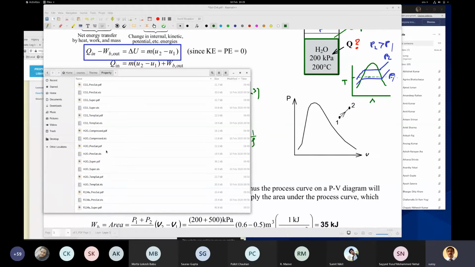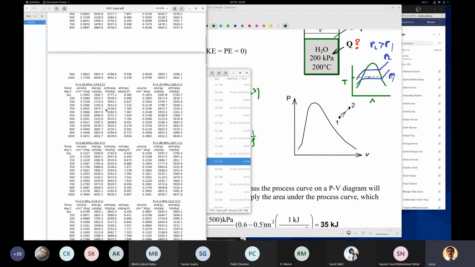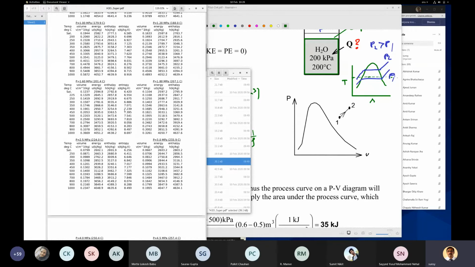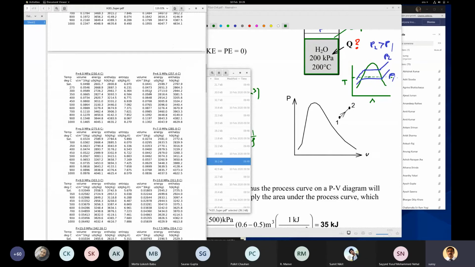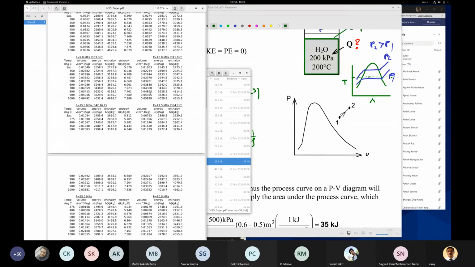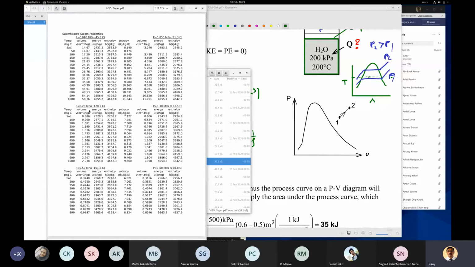So this is the superheated table. So this gives the superheated table, with different pressures. Say 1, 2 megapascal. Everything is not given, anyway, some of them are given here. I don't have everything. 1.8, 0.2. Do we have 0.2? Right, 0.2 megapascal.